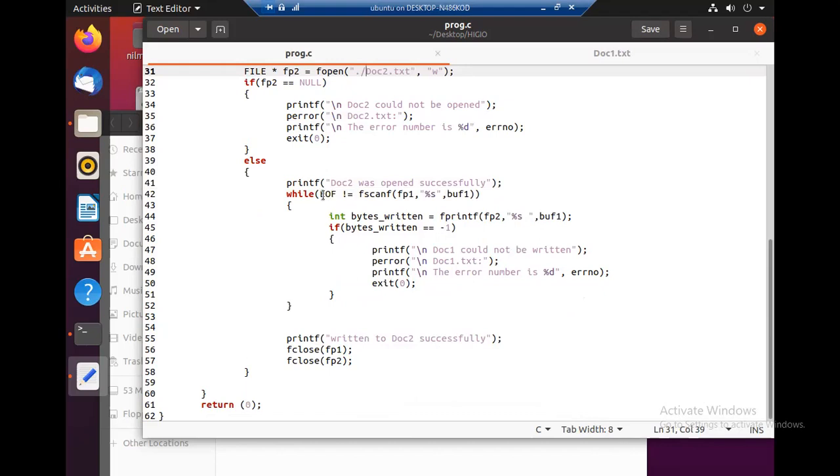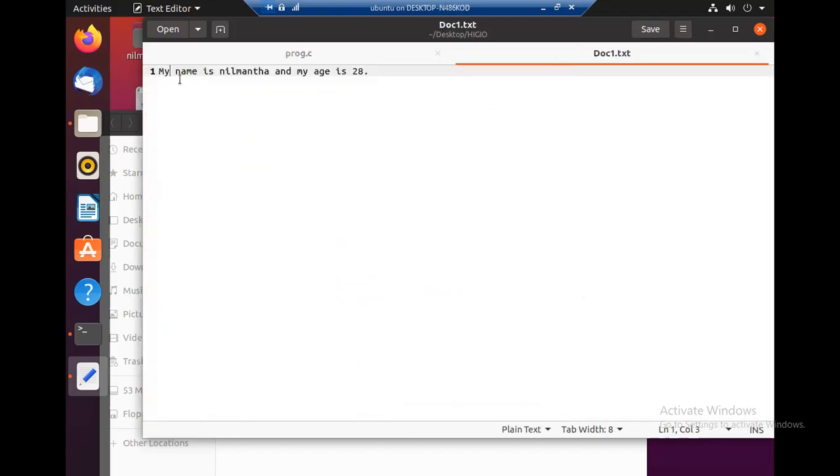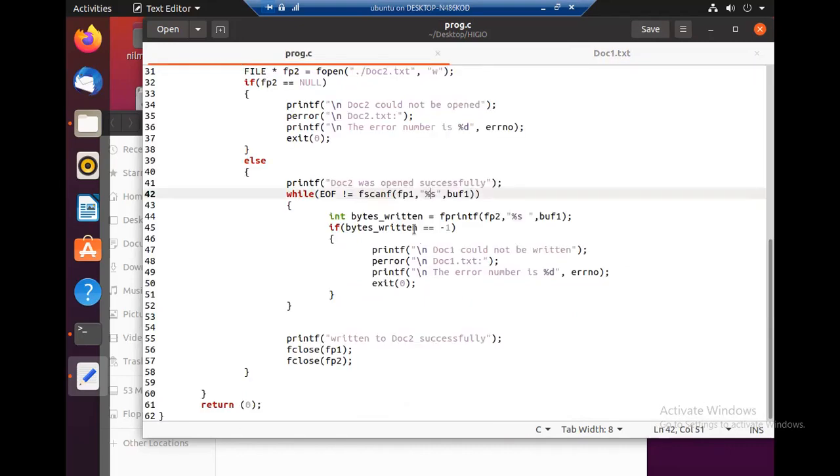as this while loop was not violated, this one will come again and this will be checked. When this is checked, this will be run. And the second word, name, will come here, and the value returned will be 4. Number 4 is not equal to end of file. End of file is a negative number.